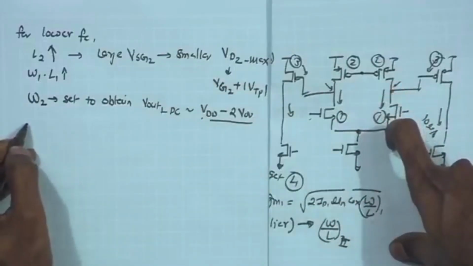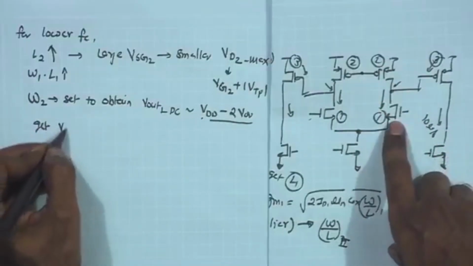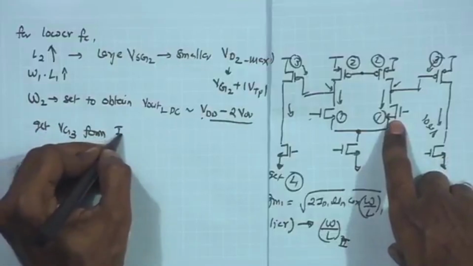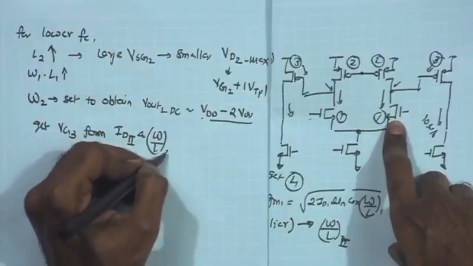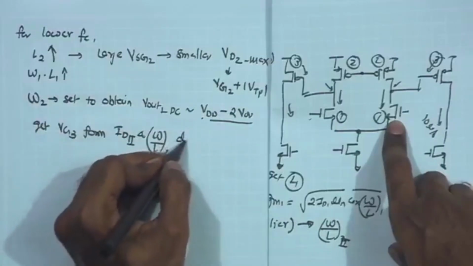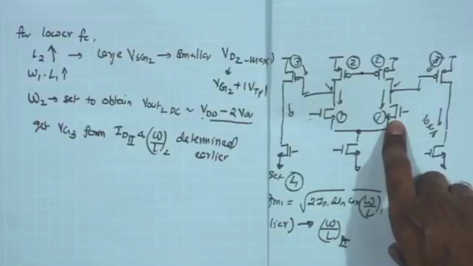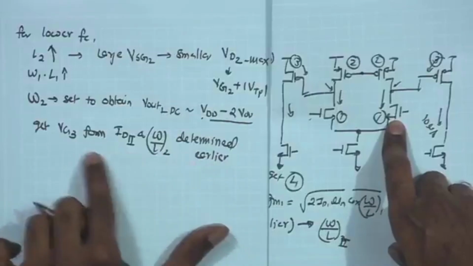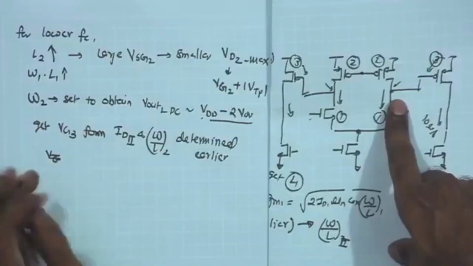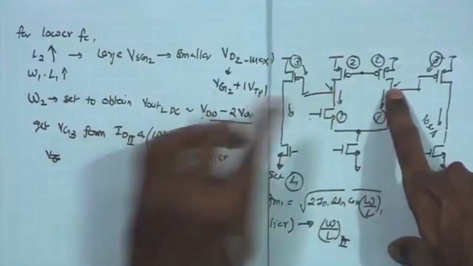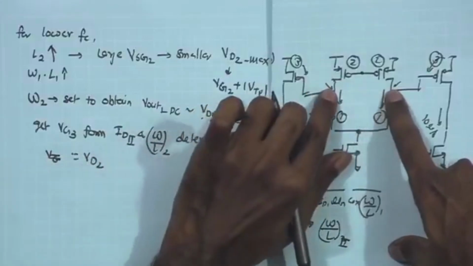So, one possibility of sizing the W by L of M2 is to get the VG3 from the ID2 and W by L 2 determined from the previous stage. And once you have that, then we have the VD2 required. So, we have this VG3 equal to the VD2,